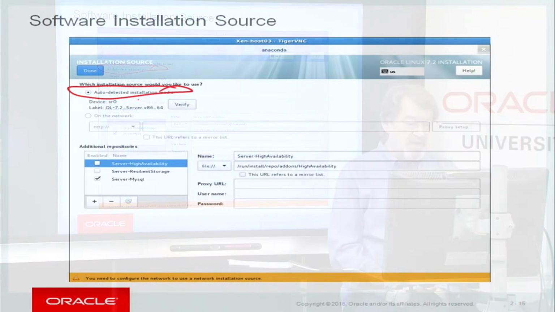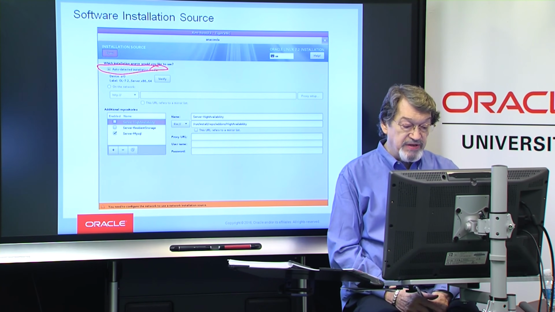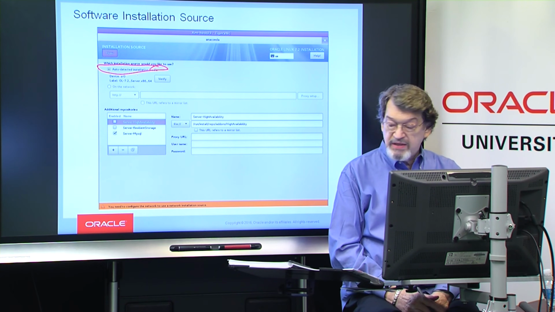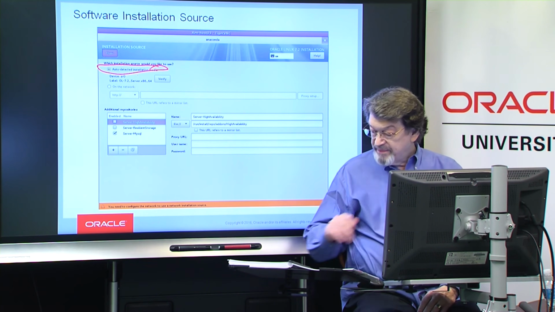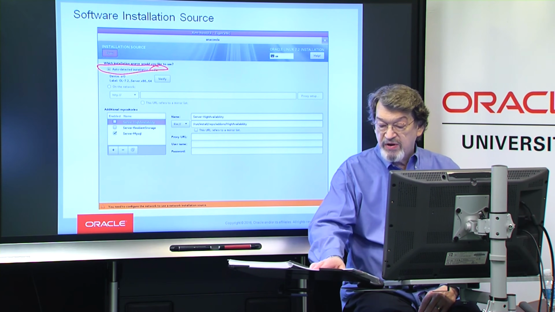Okay. We'll talk about additional repositories to add. One of them could be MySQL, all right, if you're wanting to use that. And then there's also a file here, run install repo add-ins, high SQL or high availability. So you can get the ability to go in and change sources, all right, and identify different locations from which